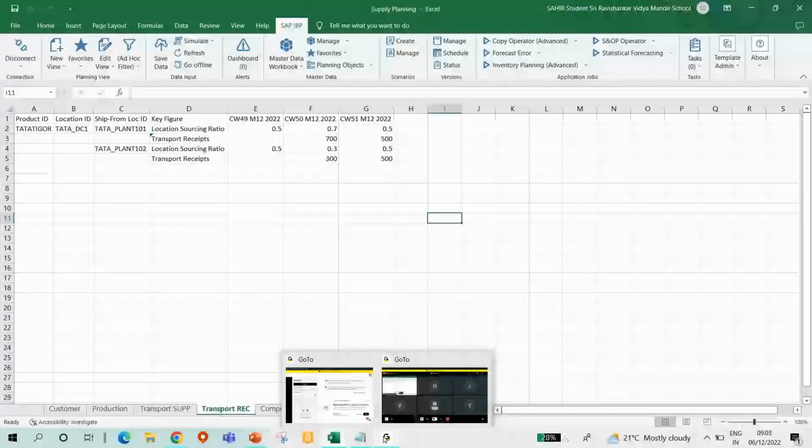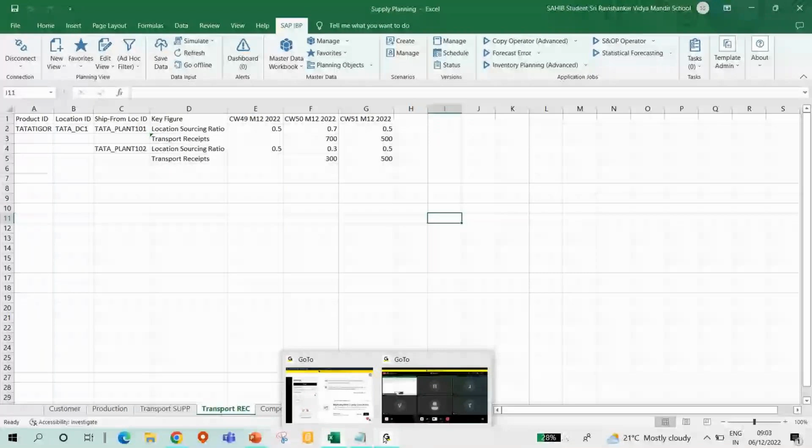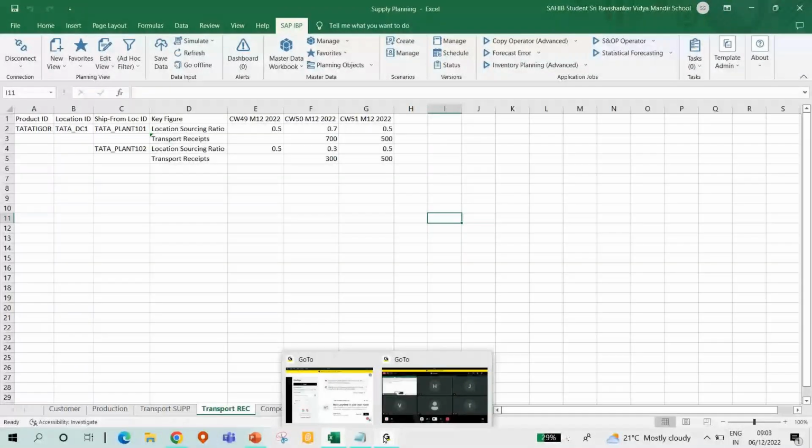Order based planning. But here we are talking about the time series, right? So the transport receipts, all that you are generating, if you want, you can send it to ECC, the transport receipts and production receipts, for some purpose if you want. But normally, what happens is when you have the order based planning and you have your purchase orders, and you have converted them into the POs in your IBP itself, which is nothing but